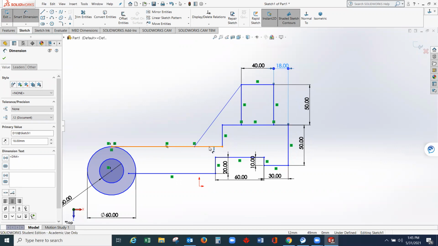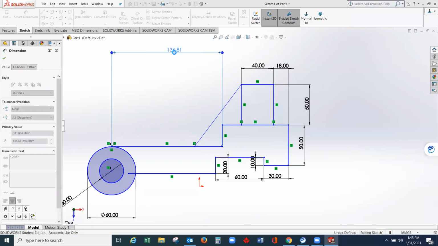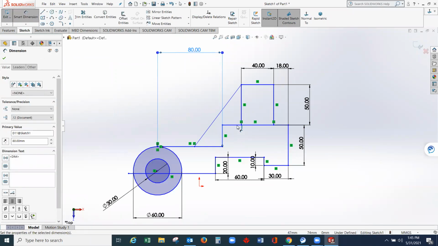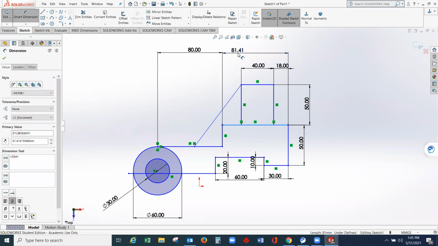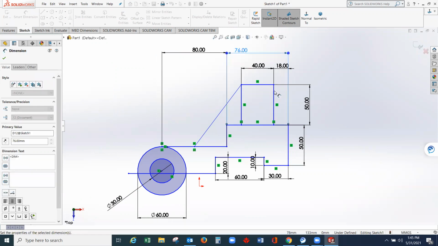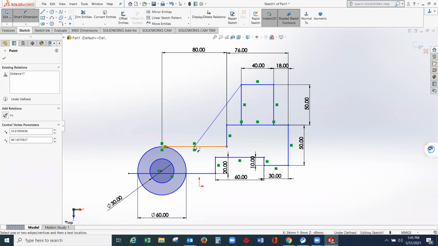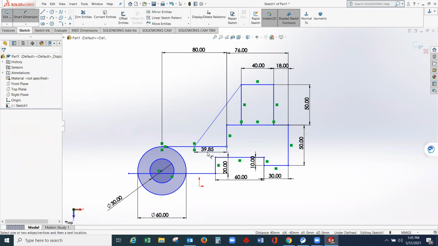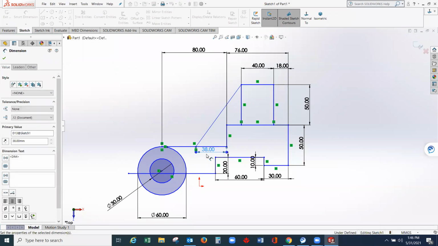This line, let's say we can give us 80. And this line to be 76. This point up to this point, we can give a 38 millimeters length or distance.